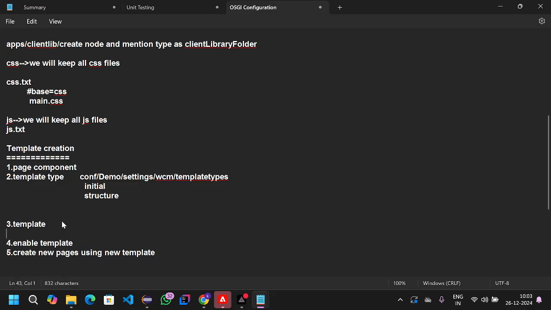Once the template type is completed, the template is the replica of the template type, and that is where you can create the templates. In the template, you can remember two paths. One is the creation path, and the second one is the storage path, where the templates are stored. Tools meaning